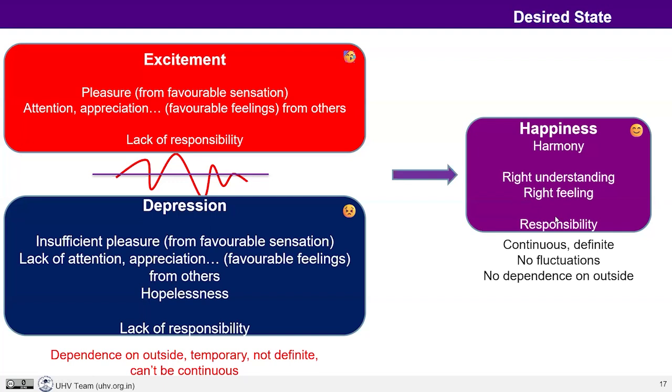And here we can see that if I'm able to ensure happiness from within, it is going to continue. It is definite. There will be no fluctuations, or at least the fluctuations will get reduced. And certainly there is no dependence on anything outside. So this is our desired state, right? We have to draw the attention of the student from the left side to the right side. Now it may be the case that the student is assuming success, or achievement, on the left-hand side. From there, one has to shift to the right-hand side.